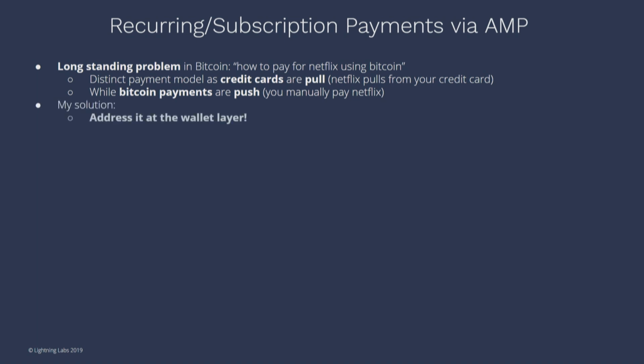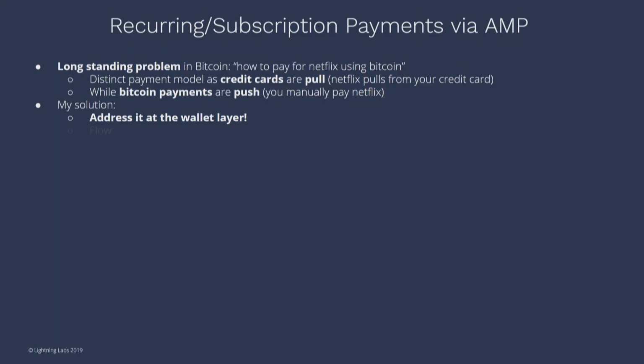So we're going to use AMP to solve this at the wallet layer, right? People talk about more complex solutions, but in my opinion, it's a lot easier to solve it at the wallet layer by having the wallet know exactly what the payment details are and then send the payments out on demand to the other side. So the one question at that point is, how is the receiver going to correlate my payments to my Netflix account, my Netflix subscription? And that's what we're going to solve here with this AMP structure.